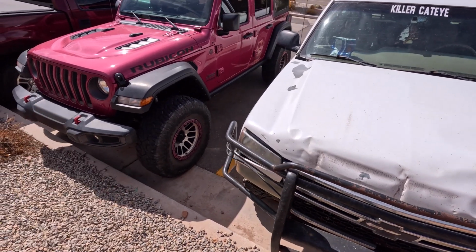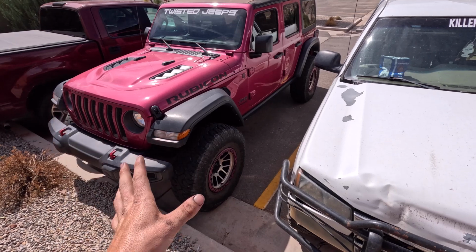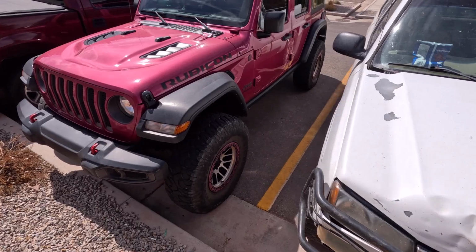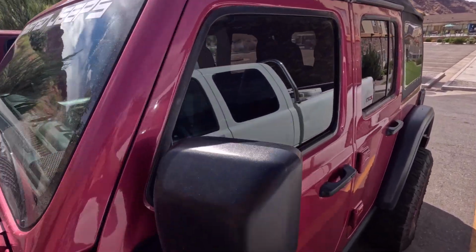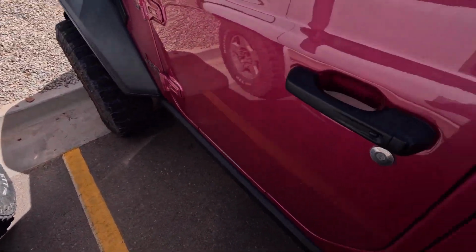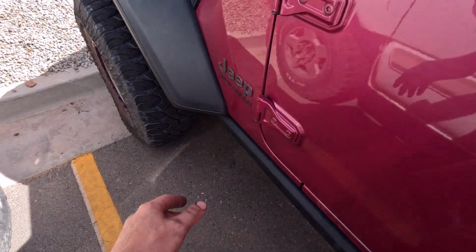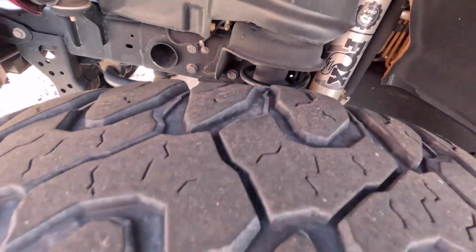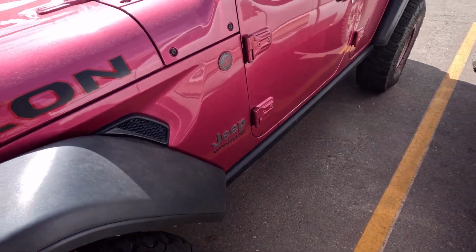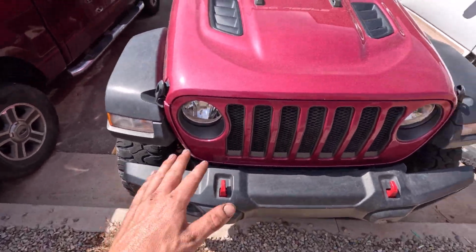And one more time, I want to give a big shout out to Twisted Jeeps. I didn't get to do as much off-roading as I would have liked, but with what we did, it was fun. It's a beautiful color, and I think I decided that it is just a 2.5 inch or 3 inch leveling kit in the front. That's how they fit the 37s. I don't remember on my Gladiator how I did it with the Rubicon springs, but it drives good, sits good,